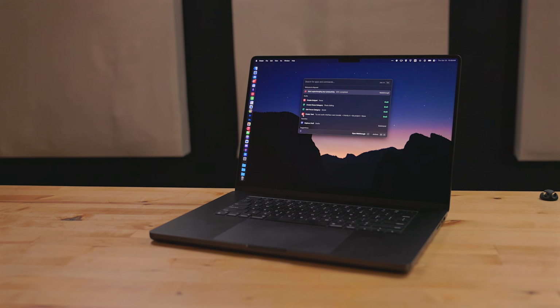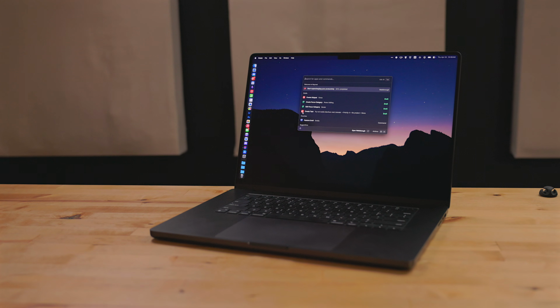Raycast is a utility similar to Spotlight on the Mac, but it goes a lot further than just searching for